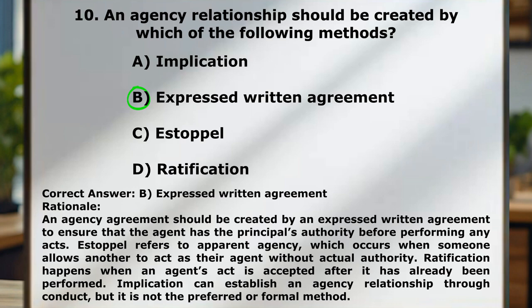So estoppel refers to apparent agency, which occurs when someone allows another to act as their agent without actual authority. Ratification happens when an agent's act is accepted after it's already been performed. And implication can establish an agency relationship through conduct, but it's not the preferred or formal method. So that leaves us with expressed written agreement.